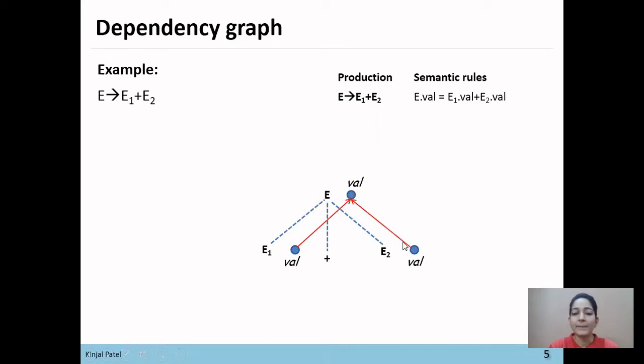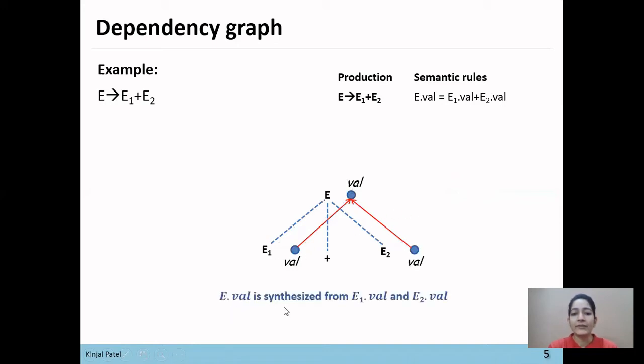Similarly, E.value depends on E2.value, so an edge will be constructed from E2.value to E.value. Before computing E.value, E2.value should be computed first, because E.value depends on E1.value and E2.value.